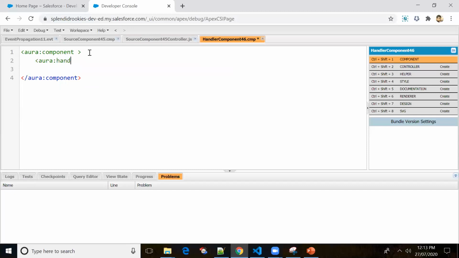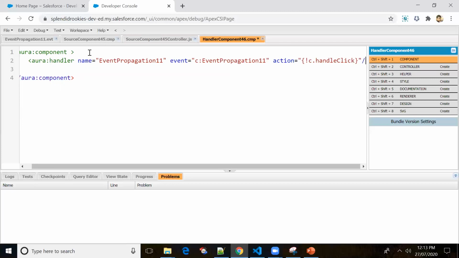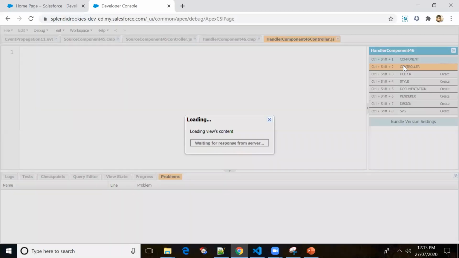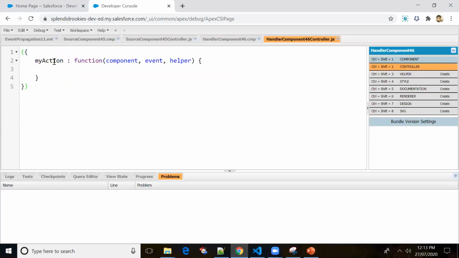The aura handler name equal to event propagation and the event, and action handle click. Let me open the controller. Now I'll put some alert message here: alert, yes, I'm in handler component.